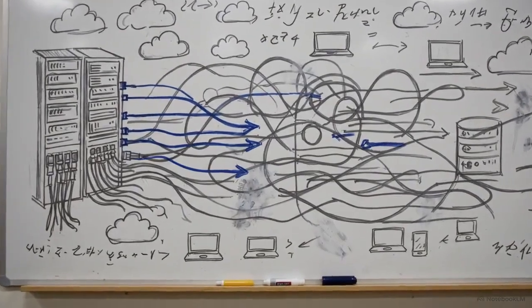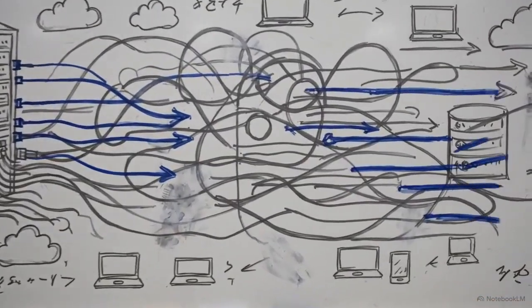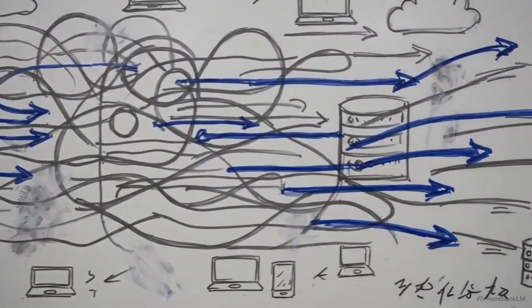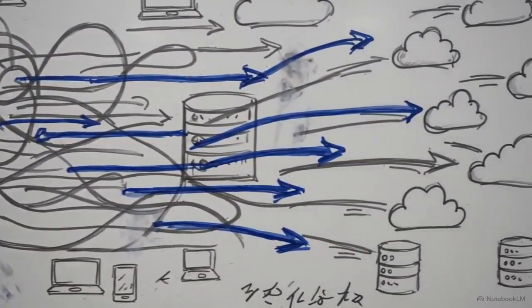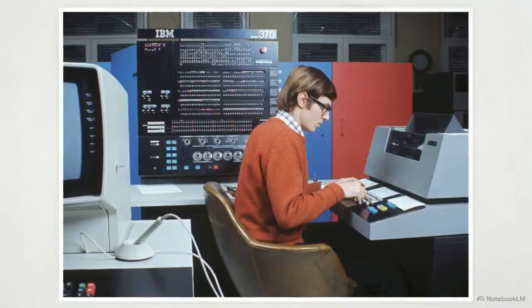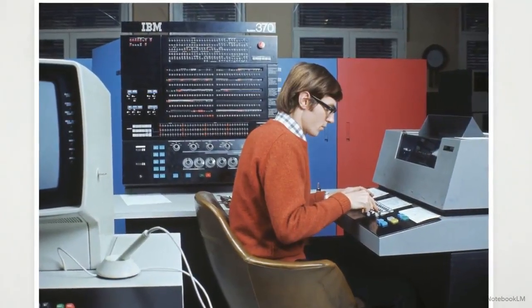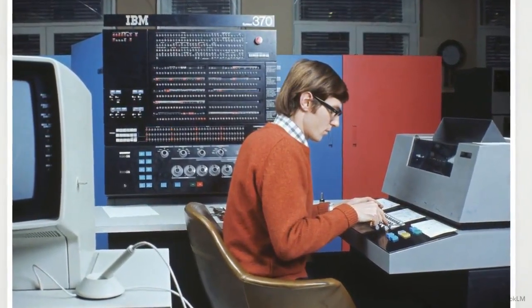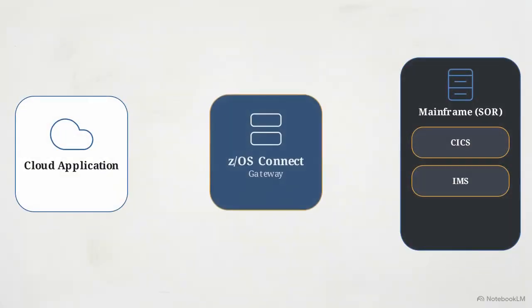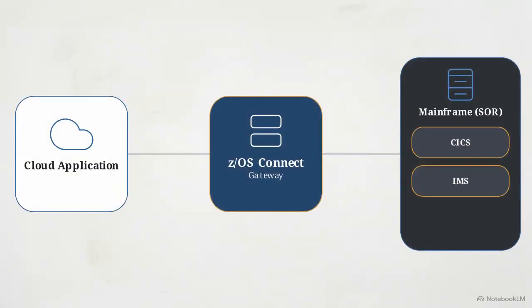Enterprise mainframes routinely process millions of transactions per second, increasingly driven by distributed cloud applications querying legacy data. The platforms servicing these requests have architectural roots decades older than the APIs querying them. Bridging that gap is z/OS Connect. It operates as the gateway, translating incoming REST HTTP calls into legacy protocols that backend systems like CICS or IMS